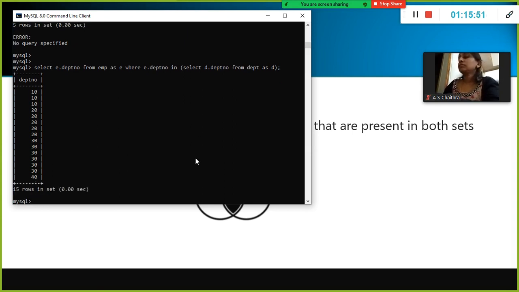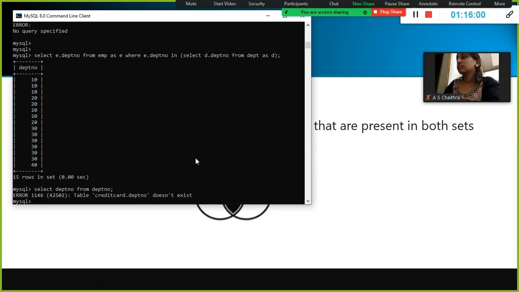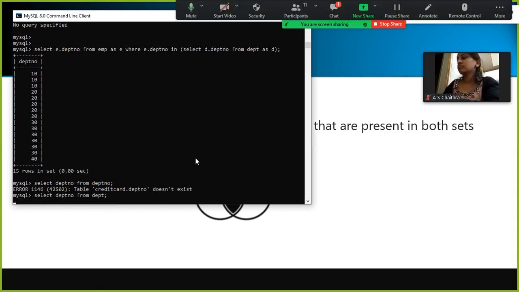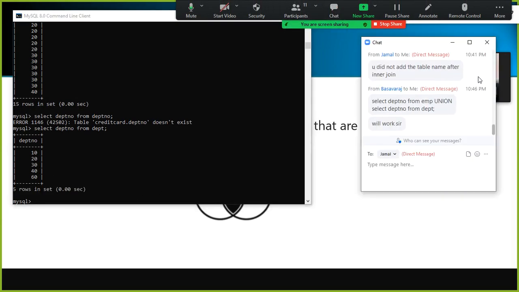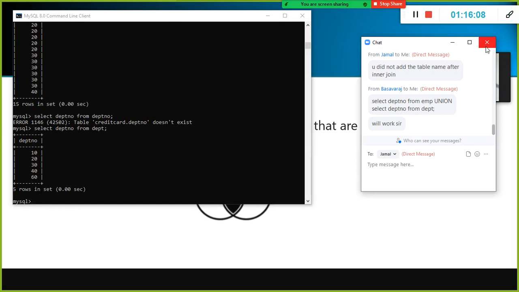So you can see in the department number, in the depart table, we don't have 60 available in that one, right? So union is okay, select depart number. So that's what I did, right?